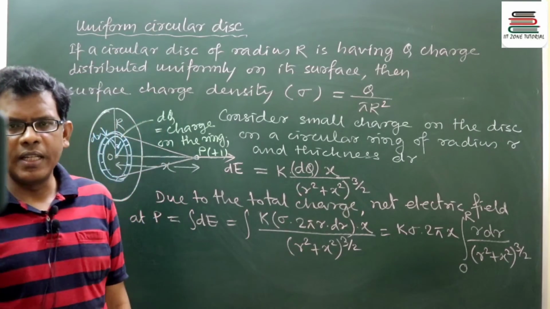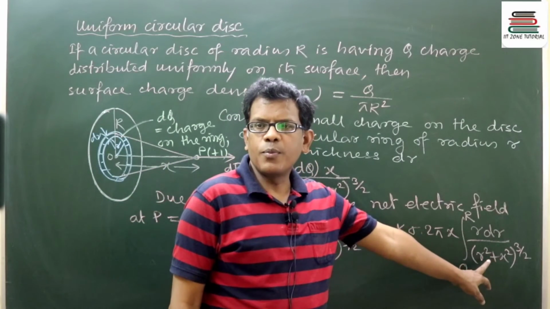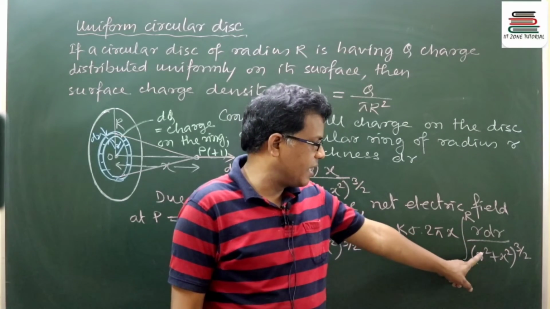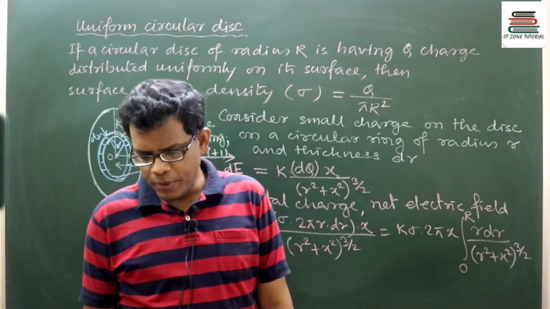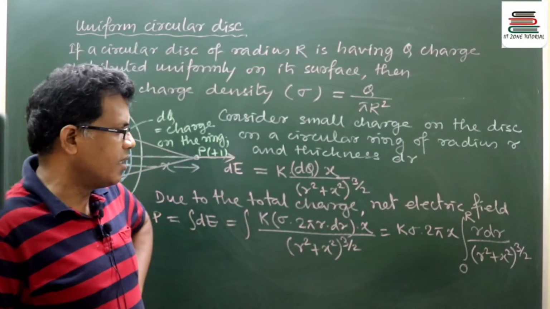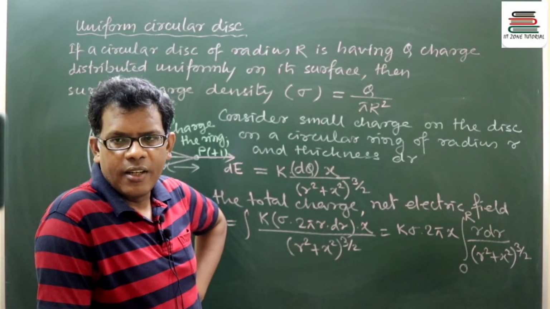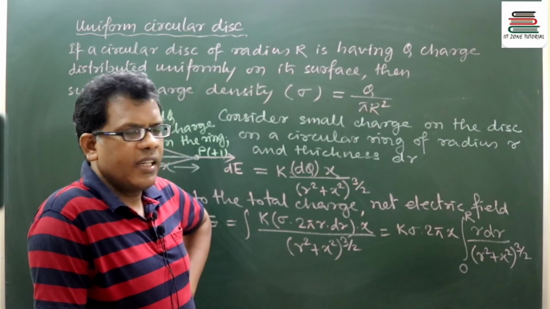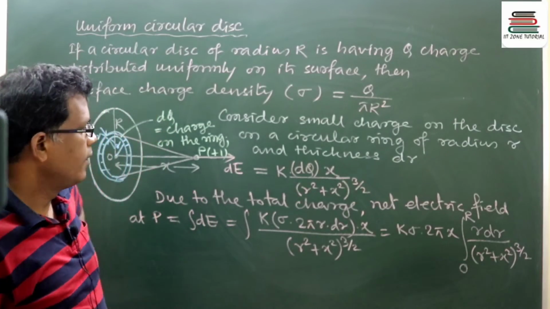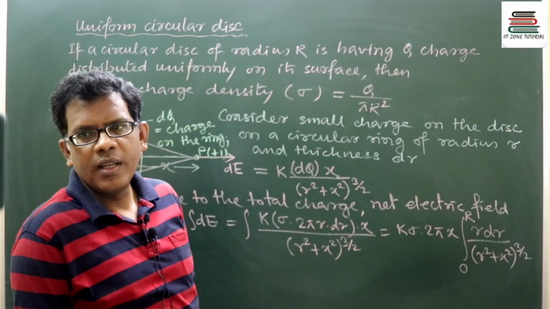While integrating this, you can see the denominator factor is r square plus x square, where small r is the variable, right? And the numerator has small r. So you can see the degree difference part, which I said in the previous class: whenever the variable term in the numerator is 1 degree less than the degree of the denominator, then you can directly substitute the denominator so that the numerator becomes its derivative. That will be the simple way of integrating it. Is that clear?